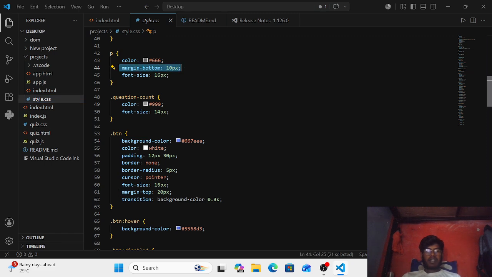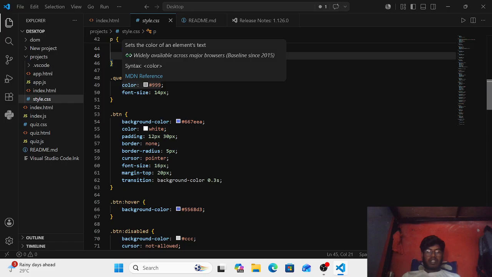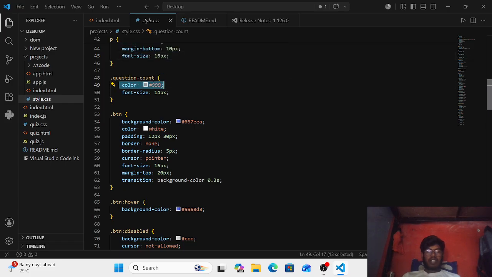margin tag, margin from the bottom is 10 pixels. Then we select font size 10 pixels, and then we select a question count, and then we give the color and also the font size,